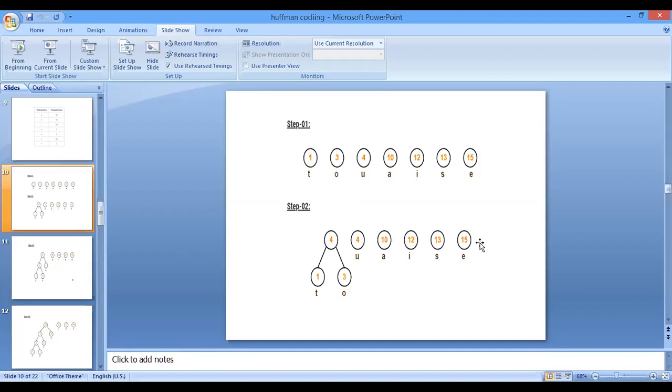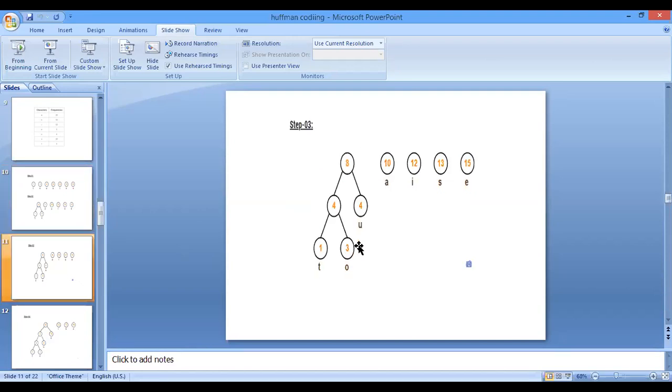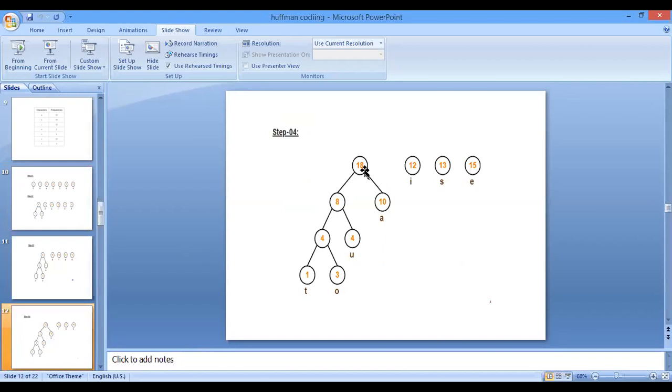Again we repeat the same step, selecting the minimum nodes. The minimum nodes are 4 and 4, so again we combine them, that is 8. Now select the two minimum nodes again, 8 and 10, and combine them, that is 18.